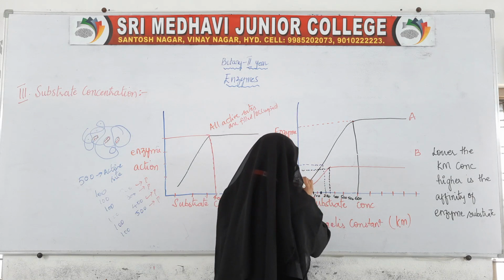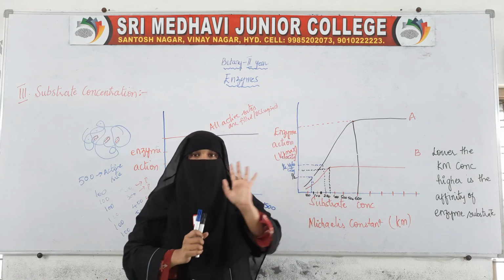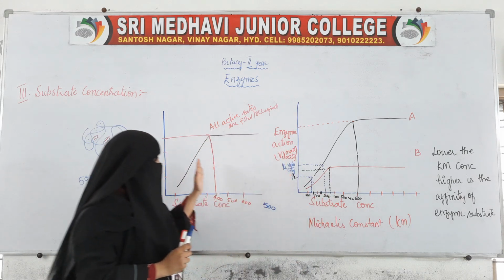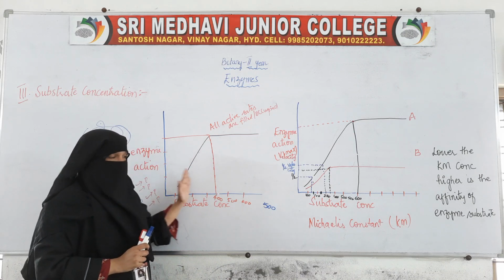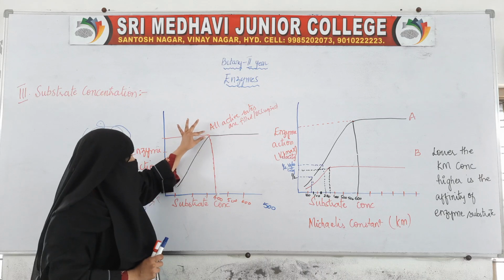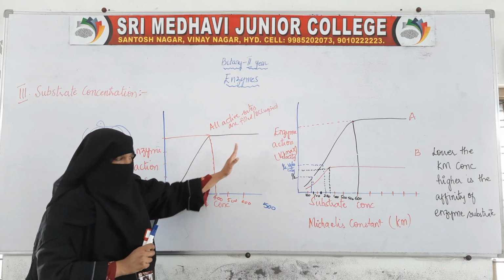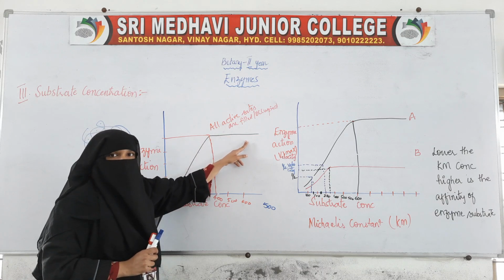This is 175 now. From here, this is your half velocity. Here what I wanted to say is, this is the same graph, with the increase in the substrate concentration. When it reaches this maximum point, afterwards, even if we add the substrate, the productivity will not be